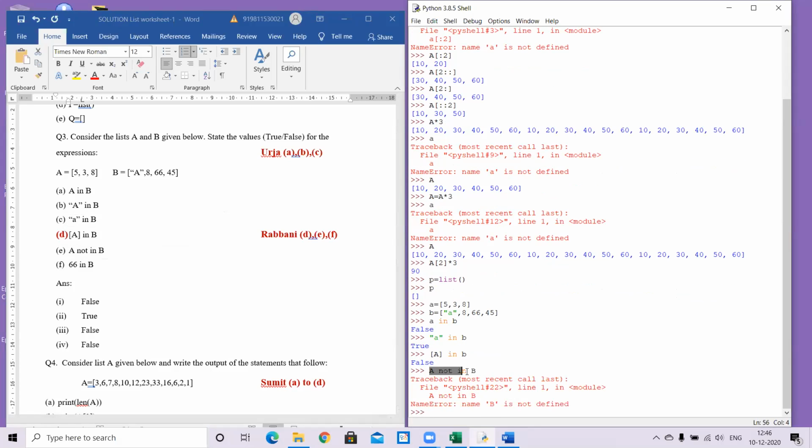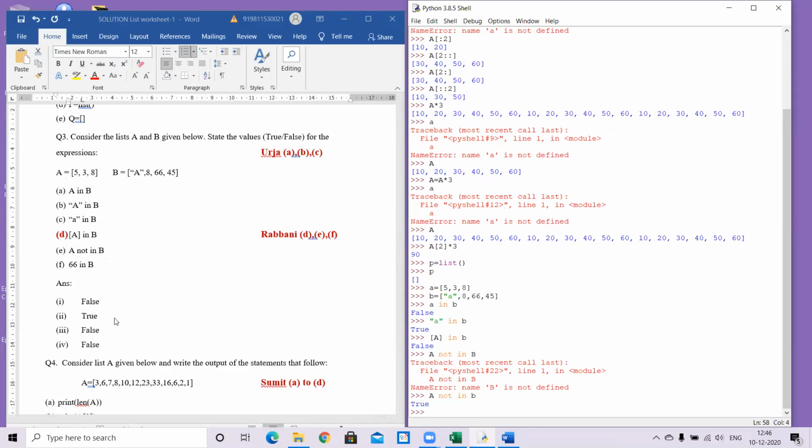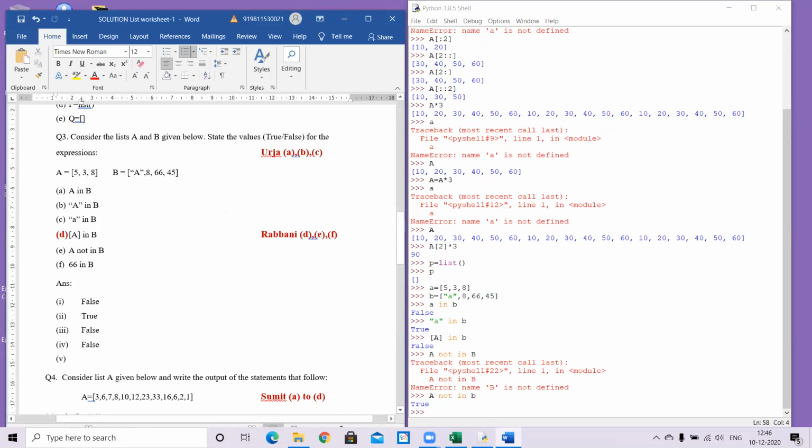Oh, this is the biggest problem, remembering what was capital and what was small. Yes, so this is true. That is the fifth one, and the sixth one we can make out easily. 66 in B is true. Okay? So 66 in B is actually true. Acha, now one thing. Now here when you say A in B, we were actually talking about, I said that A is not a value as such.